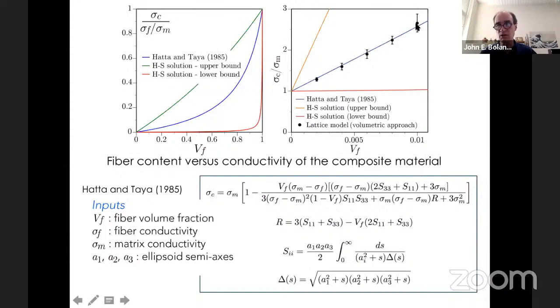The scatter that you see here is because we're doing different random realizations of the fiber distribution. In some cases, the fibers are pointing in the direction of the flow just by chance. In other cases, they're more perpendicular to the flow. And so this is, how many were there? Like 7 random realizations produced this scatter. Using the semi-discrete approach, we get almost the same results, although there's some drift of the solution upward. Our line element approach is slightly more conductive than theory. And I think I understand why.